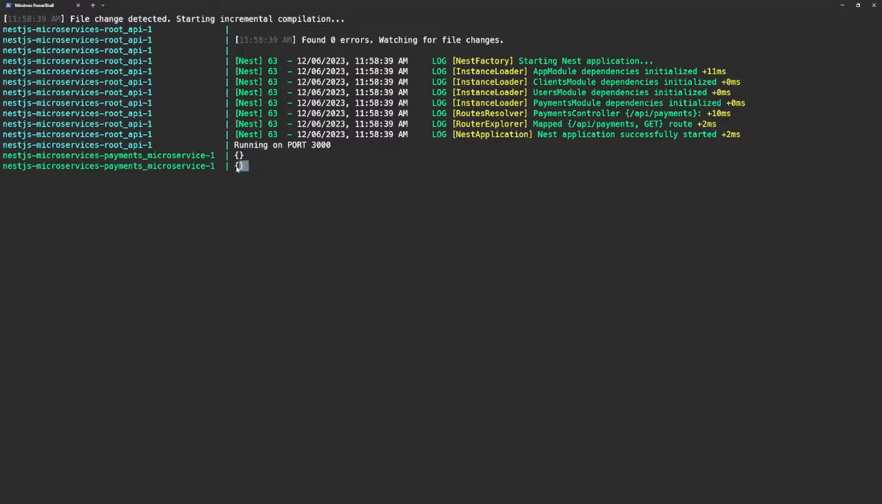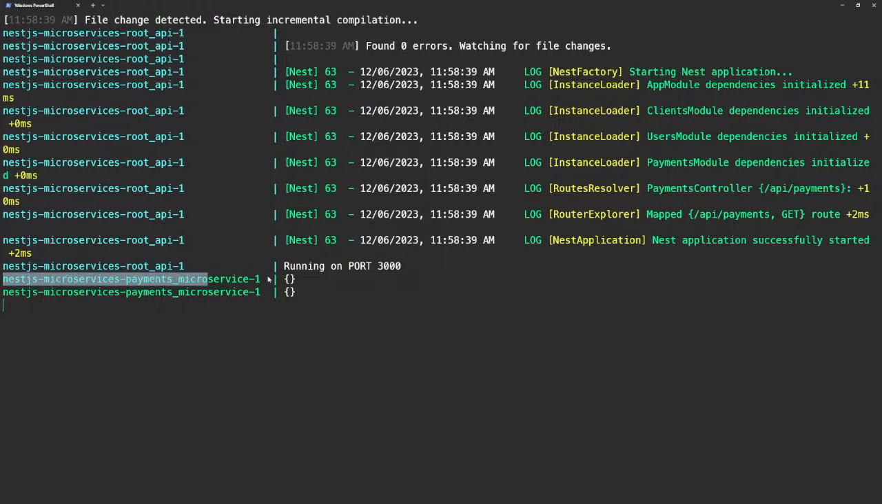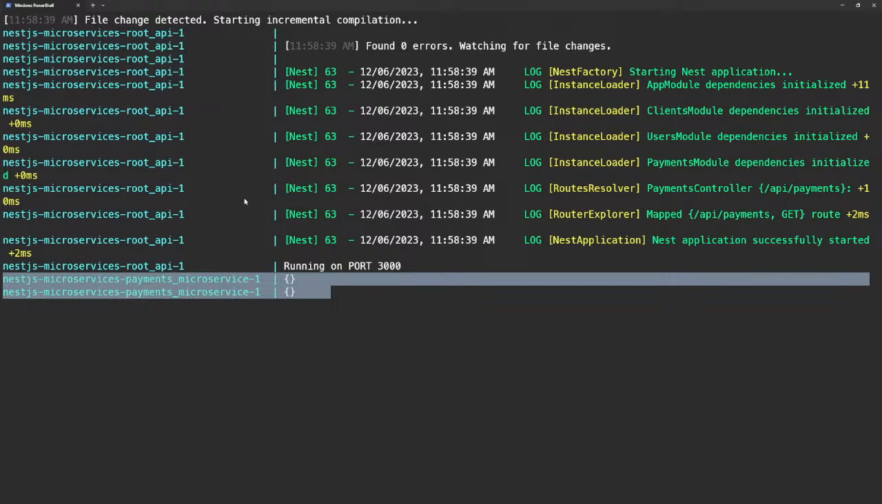But what I want to show you is if I look at the logs right now, you see how it is logging everything inside this microservices payments project right over here. You can see it over here. It's logging it over here. Now let me just show you one more thing,